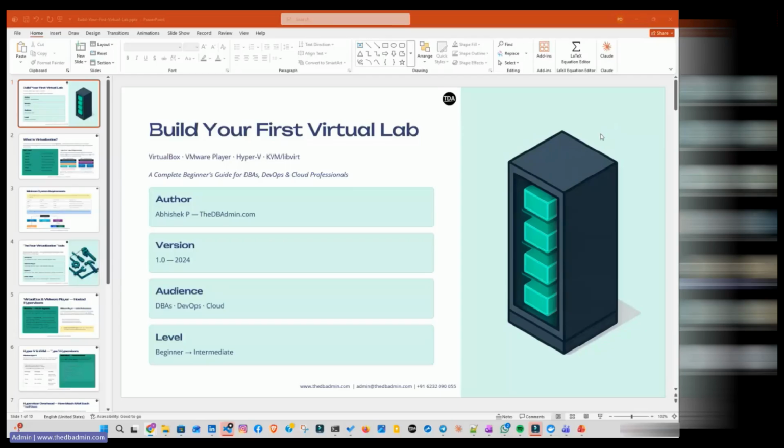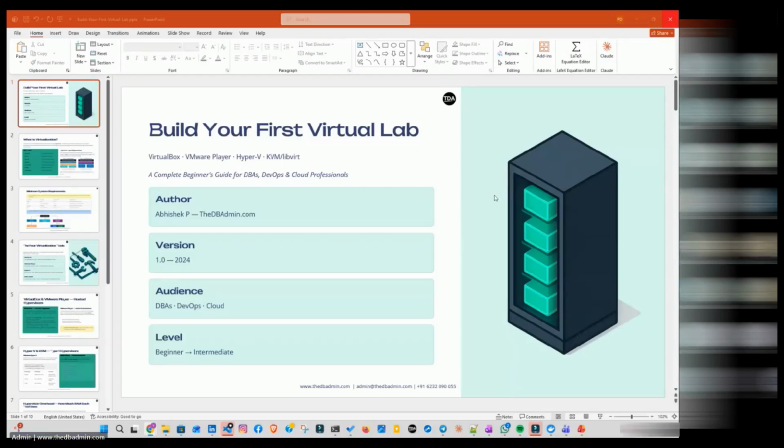And today is our first class of the zero to hero Postgre database advanced course. In this class, we are going to cover our first chapter, in which we are going to talk about how to build your practice lab. When I say practice lab, I mean whatever we are going to do in these coming 4 to 5 months, whatever